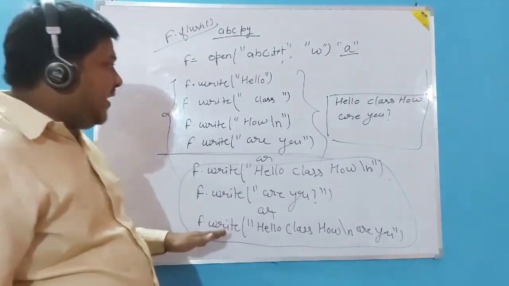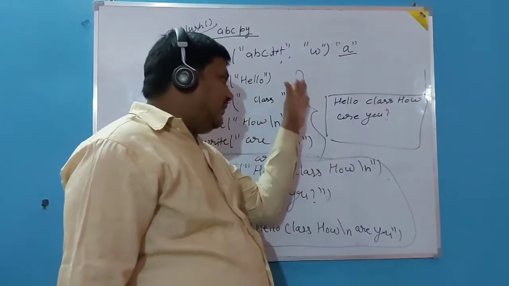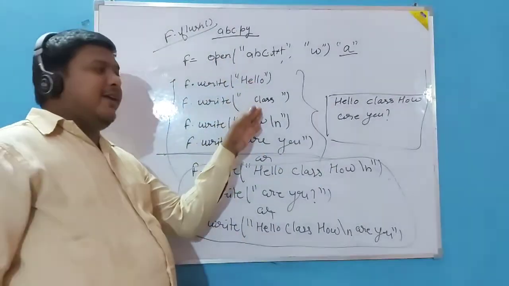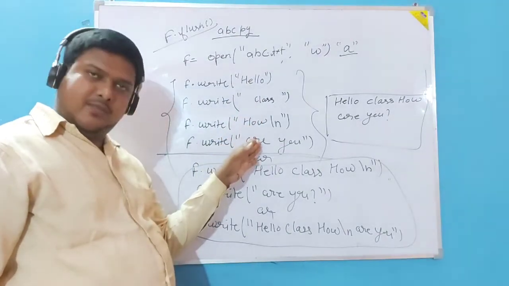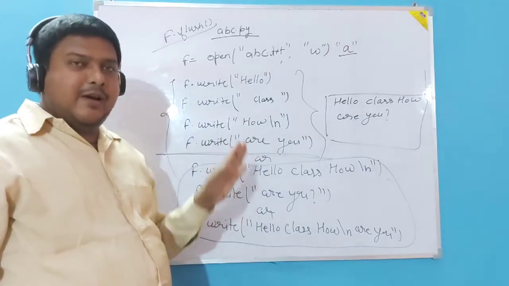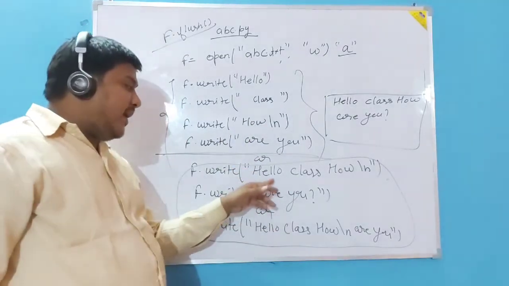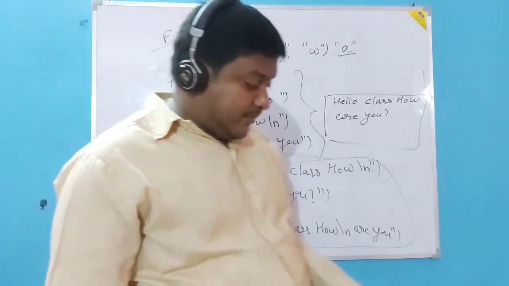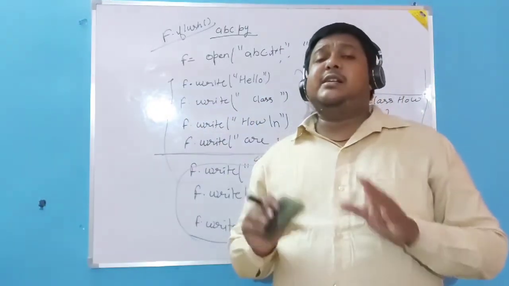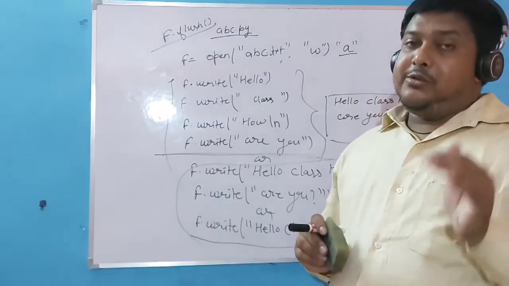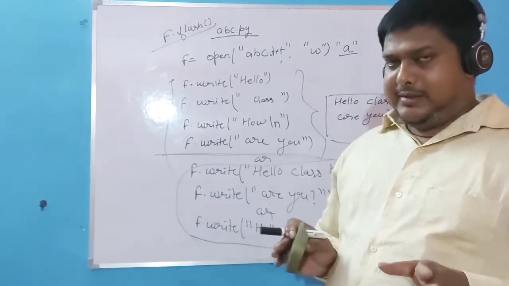So look here, I explained that there are a lot of ways to write. If you want to write the data word by word, you can write like that. And from where you want to change the line, you have to use slash n. If you want to write this way, you can also write. That means before writing, each and everything is ensured by you only, how you are going to write the data.